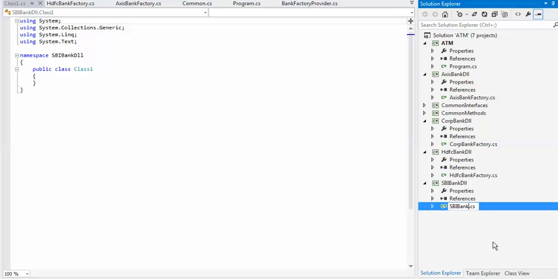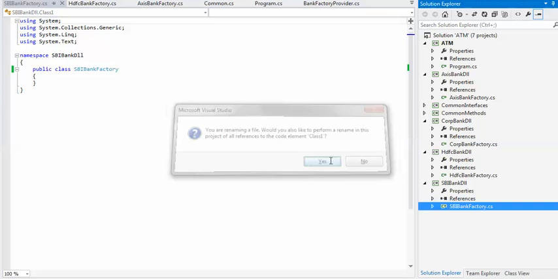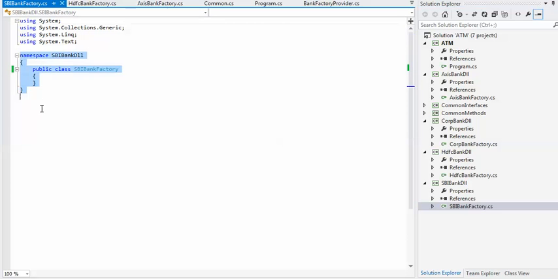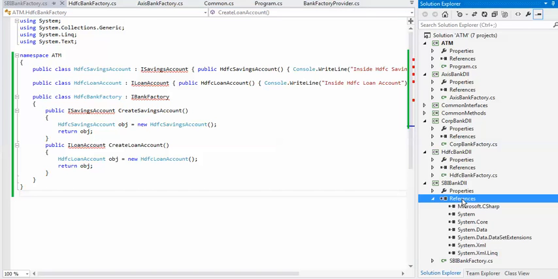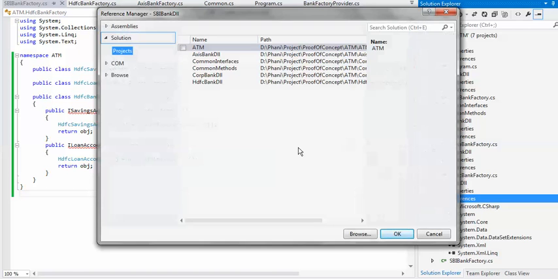SBI Bank. Now the SBI Bank DLL utilizes the common interfaces, so let me add a reference to the common interfaces